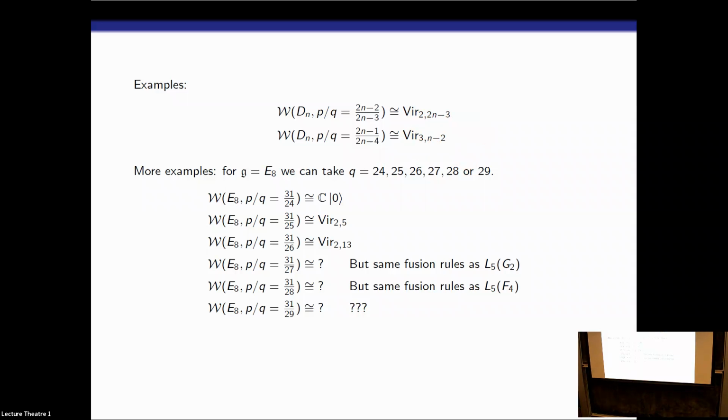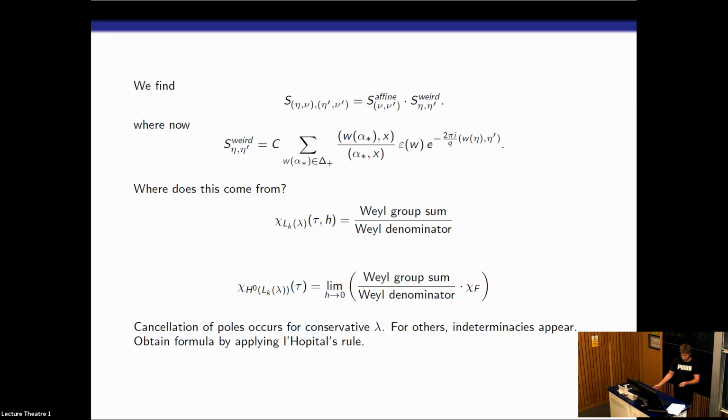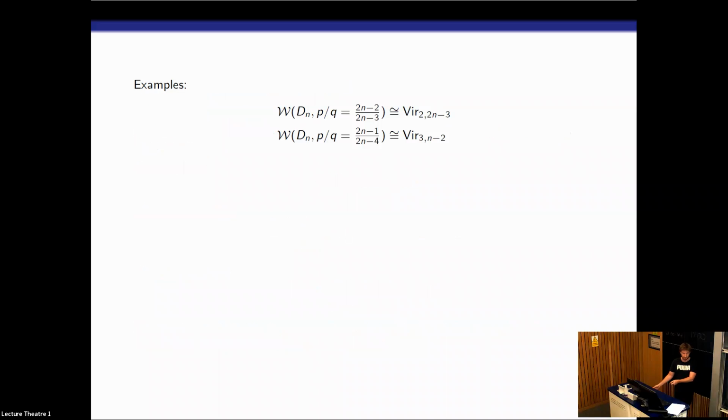You can prove this because there are also explicit formulas for what's called asymptotic growth, asymptotic data of W algebras. And if you compute the asymptotic growth for this subregular W algebra, you find the asymptotic growth is less than 1. Then using representation theory of the Virasoro algebra, you can prove that it must actually be an irreducible Virasoro algebra module, so it must actually be isomorphic here. And it was a nice test of this kind of crazy formula that when you compute the fusion rules using this S matrix, you recover the known fusion rules of Virasoro, so I'm quite confident that what I'm doing here is actually correct.